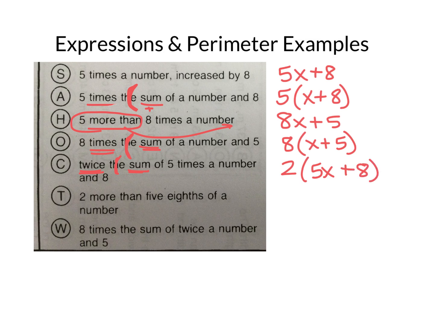The next one says 2 more than, so remember than is going to push me to the end. 5/8 of a number, remember that of means to multiply. So 5/8 times x, and then 2 more than that is going to be plus 2. And our last example, 8 times the sum. So one more example of those two keywords running back to back. That's going to give me 8 and then parentheses. Twice a number, so 2x and